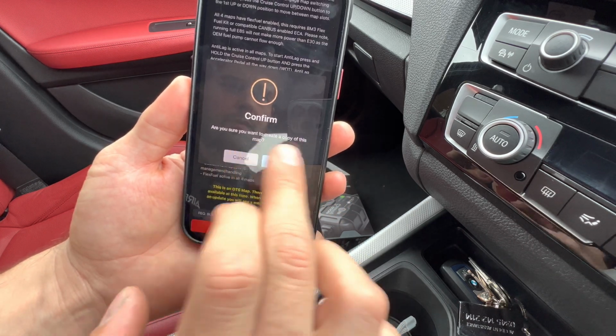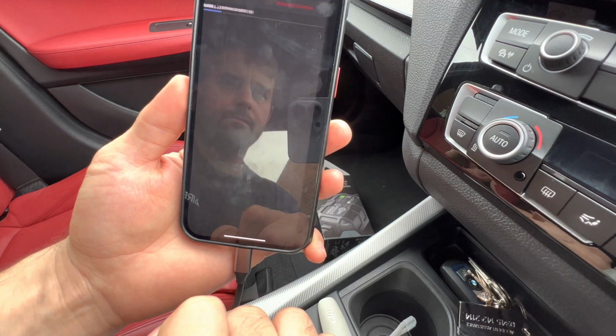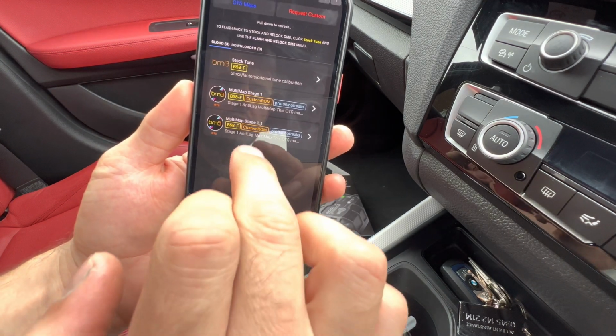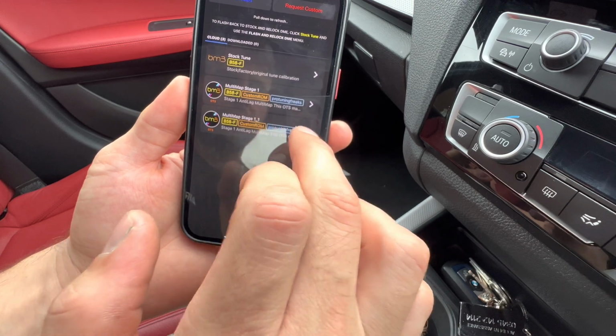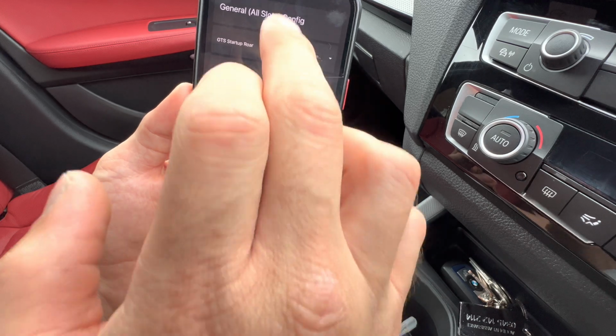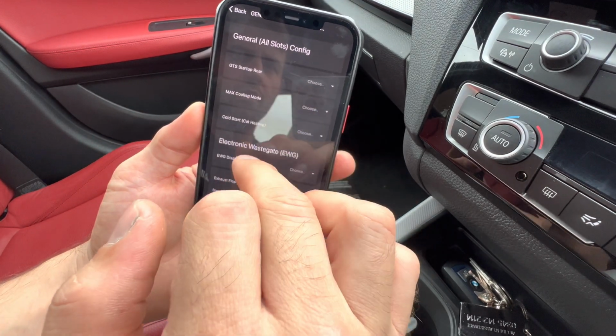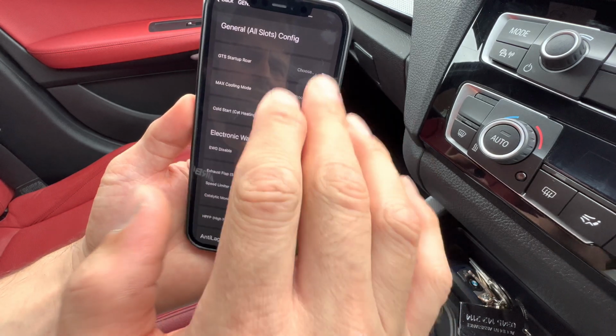Are you sure you want to create a copy of this map? Yes. So this is the one that we're going to put on the car. We're going to press config, general, all slots, because we want to change it on all the maps. And the thing that we want to have off is